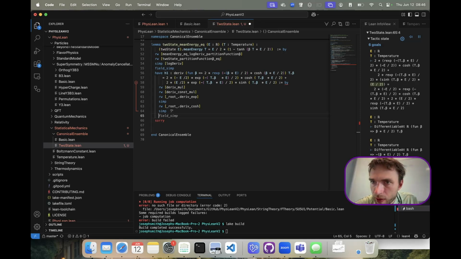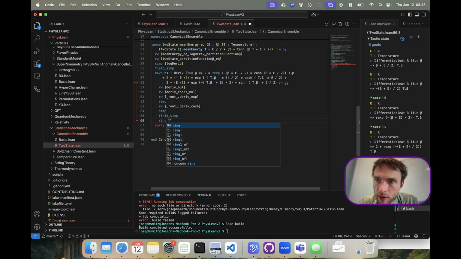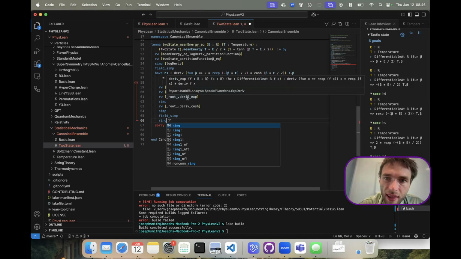So how do we do this? Let's just try field_simp. Did that work? Somewhat. Let's try ring. Okay, now that did work, but now we have a bunch of differentiability conditions, and this is because,